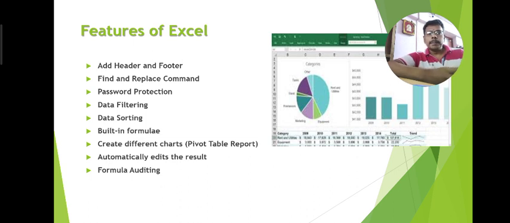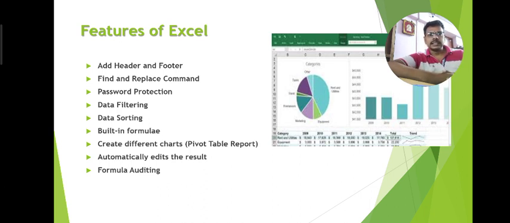Next, built-in formulas. Excel has a major feature of built-in formulas, which can be used in the form of functions. To add, we can simply use the SUM function, or to find the average of a student, we can use the AVERAGE function.